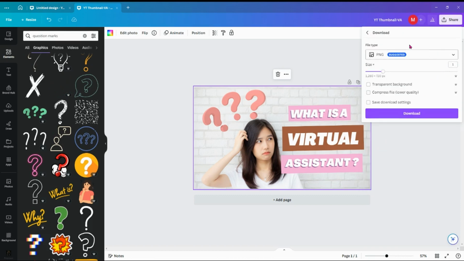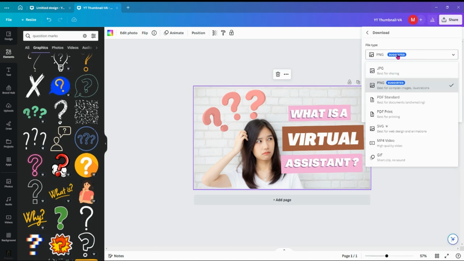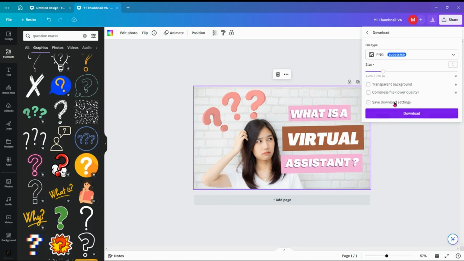Download, and I always choose the PNG. If you click this arrow down, you can see all the options of the file format: JPEG, PNG, PDF standard, PDF print, SVG, MP4, or GIF. For YouTube thumbnails, they recommend either JPEG or PNG. For me, I like PNG because that's what Canva is suggesting. For thumbnail it's the PNG version, and then I click download. I don't click on transparent background or compressed file, because it's not applicable to me right now for this design. So just click download,